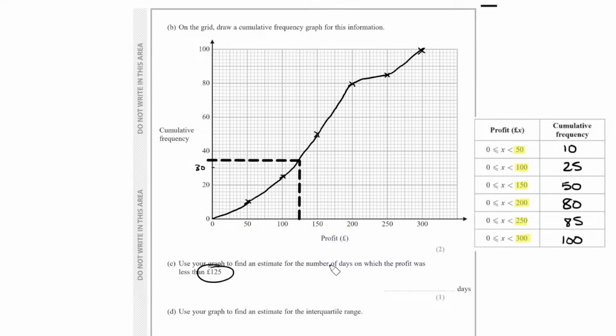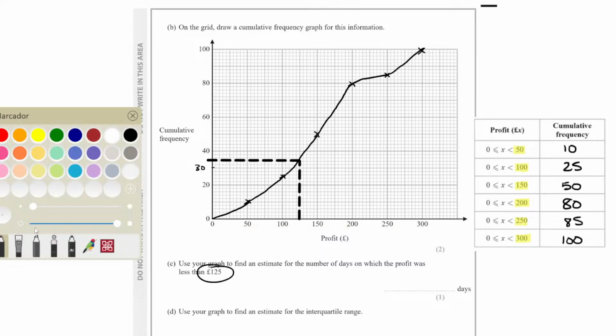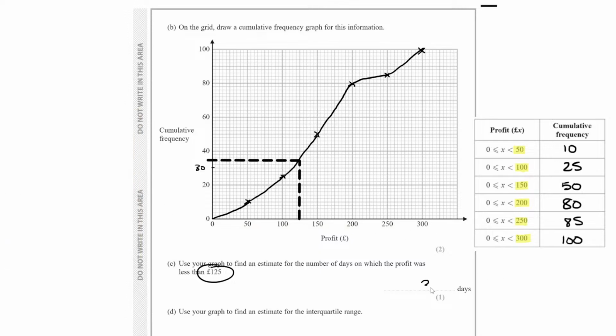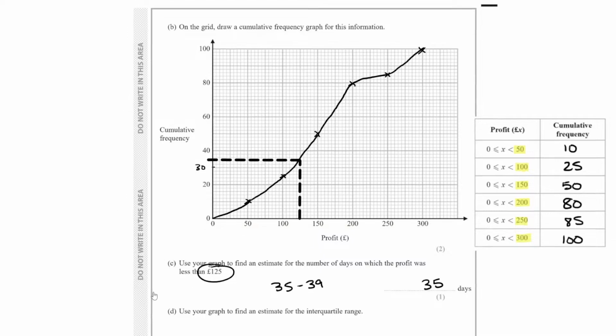Again, they will give you a slight range of possible answers, just because your curve line might be slightly different to mine. So I'm going to go with 35. They have said as long as you get between 35 and 39, they'll accept it. Okay, so as long as you've got something between those, that's fine. So 35 days is what I got. And then part D